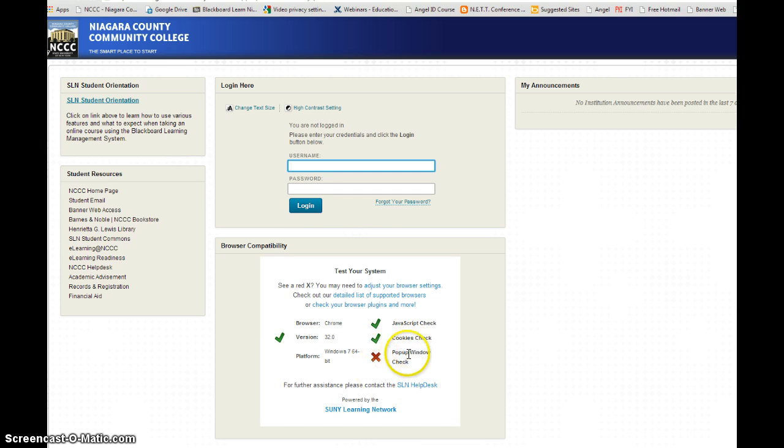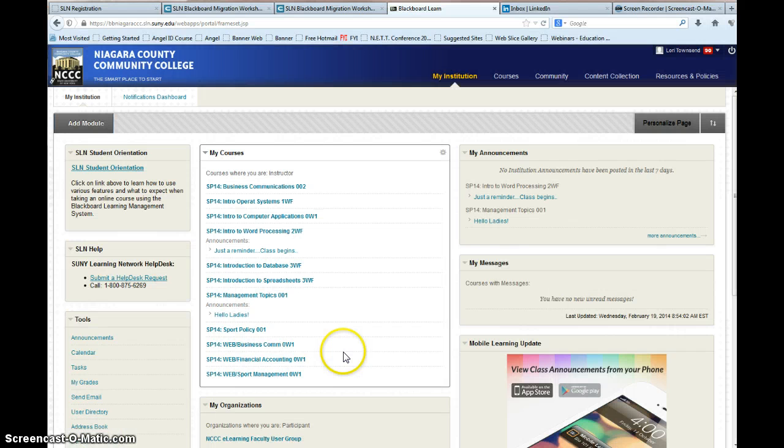So I can see that I have a pop-up blocker on. I would want to go in and turn that off. Okay. Now, once you log in, right now I've logged in as another faculty member just so you can see the screens that they're seeing when they go in. So at this point, you're on the My Institution homepage as you enter in,